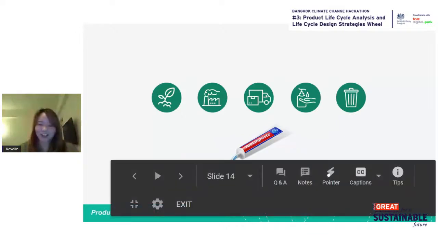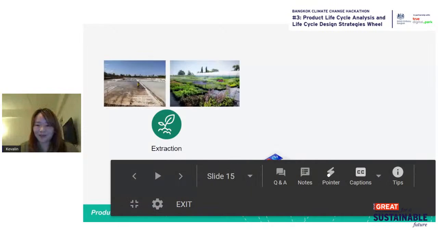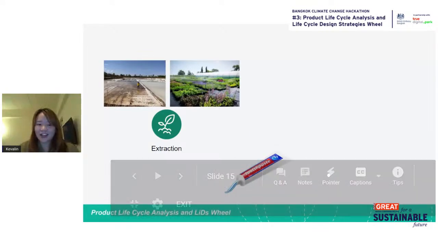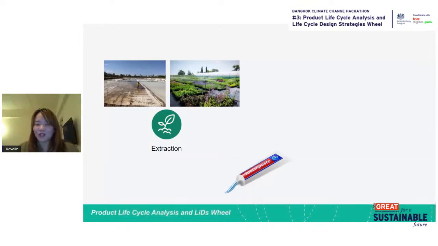The first one, extraction. Extraction is actually when we grab raw materials from nature. For paper, it is when trees grow. For plastic, it is when organic materials such as zooplankton and algae build up on the bottom of lakes and oceans in conditions where they couldn't decompose. That's a little bit long, right? The organic matter can change into kerogen, which eventually turns into oil through heat and pressure.